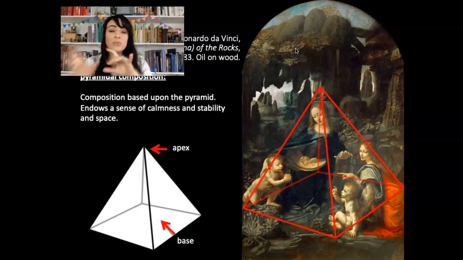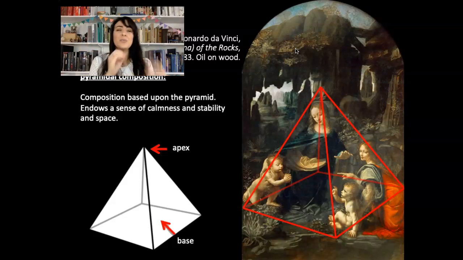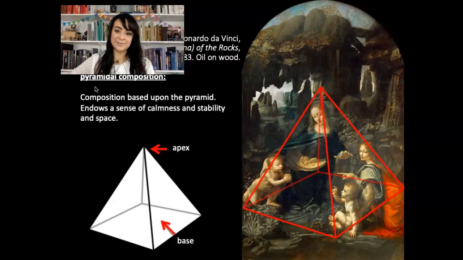These are all different rules that can be applied. And I say rules because at this time, using these elements was seen as making a good painting. A good painting should have a balance of highlights, midtones, and shadows, chiaroscuro. A good painting should have a balance of a foreground, middle ground, background. A good painting should use a pyramidal composition to create a sense of balance and stability between the figures. So here we see Leonardo applying those rules, and these are all characteristic of the Renaissance.